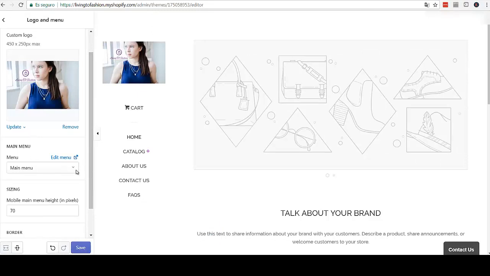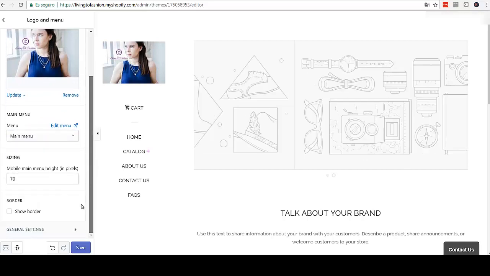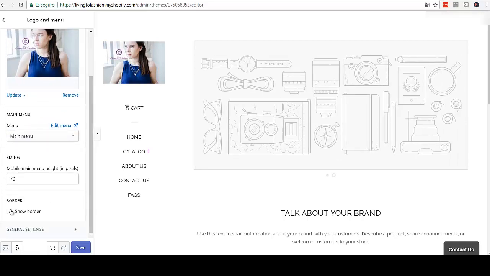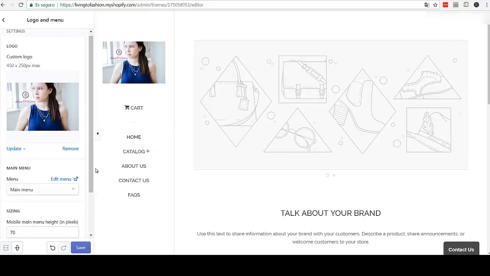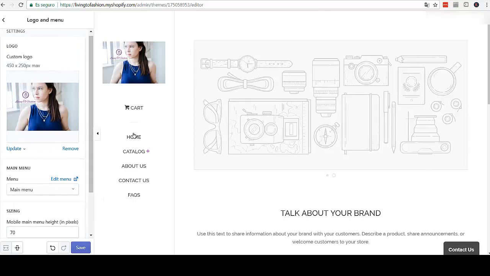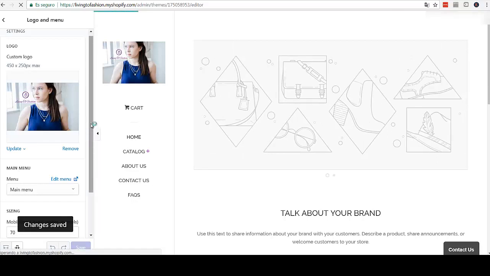Okay, the main menu. You can change something. You can play with this. You can play with all this. I can show border or something will be nice. It's like a catalog, like it's like a magazine that you can use and stuff. And I will leave it like that. Okay. Or I will just put, well, no, I think I will put,